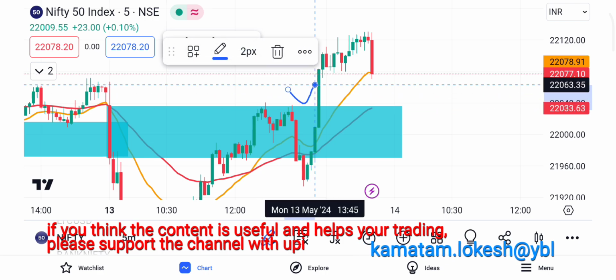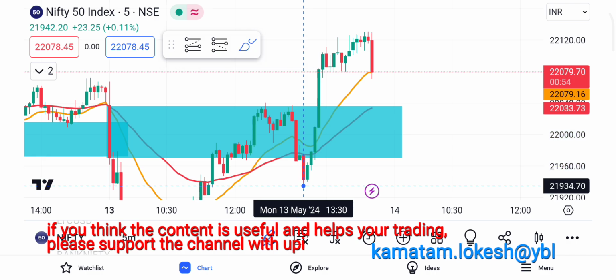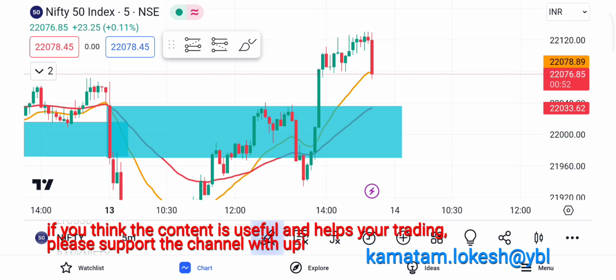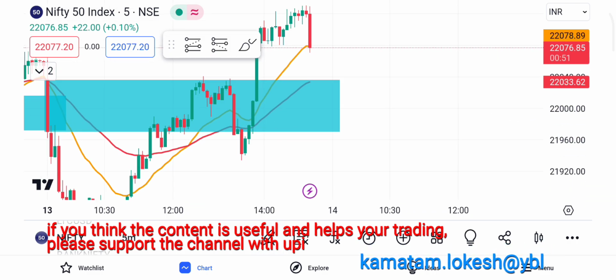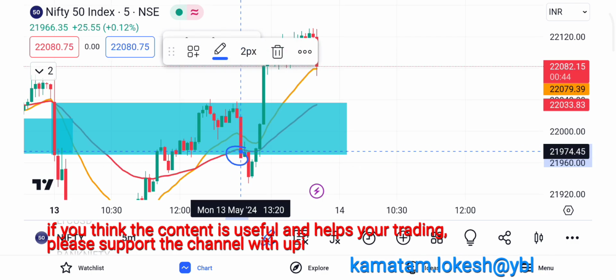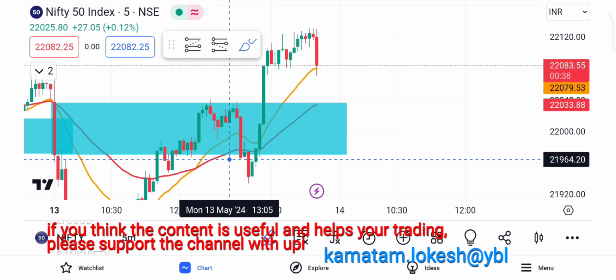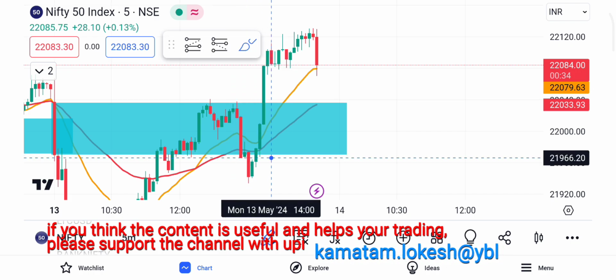Here maybe there would be a loss, but again this fall would have given me some profit. That depends on the quantity I'm taking and the strike price I'm taking, right? So again, if you see from here, this should be our exit point. One candle or 5 candles doesn't matter. So that level we have to exit.